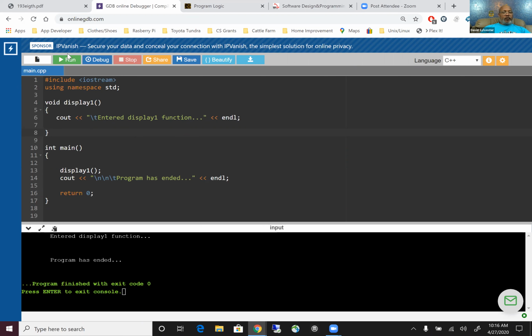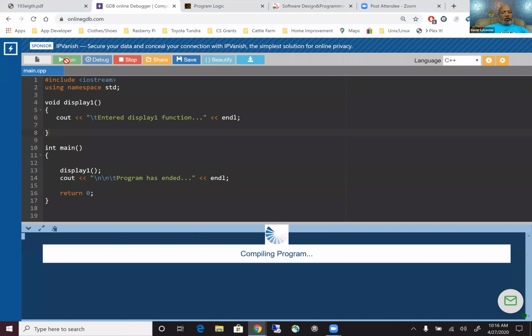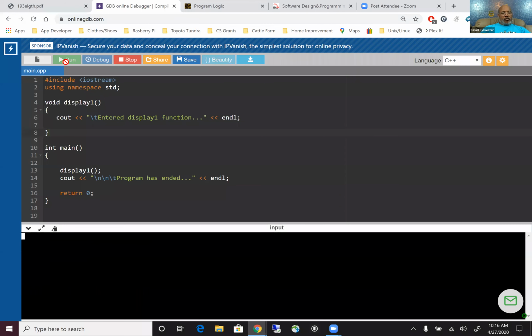So when I run it, I'll get the same exact output. All right, so you see, I get the exact same output. But